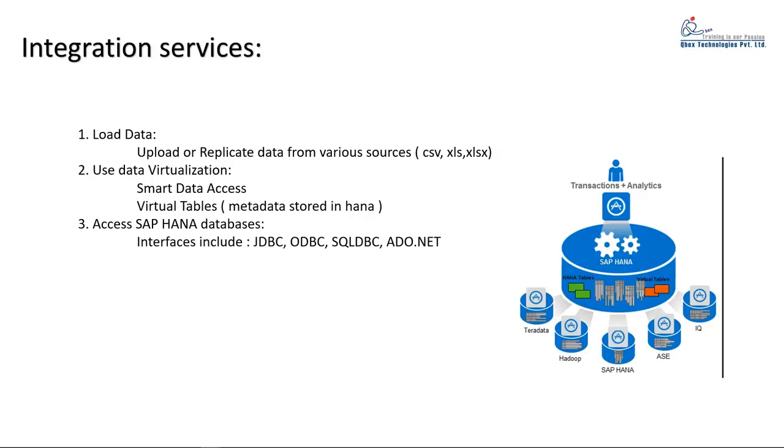When you develop an application using Python, there should be some interface through which you connect to the HANA database, right? In that case, you can leverage JDBC or ODBC, these interfaces or connectors, when you want to consume data